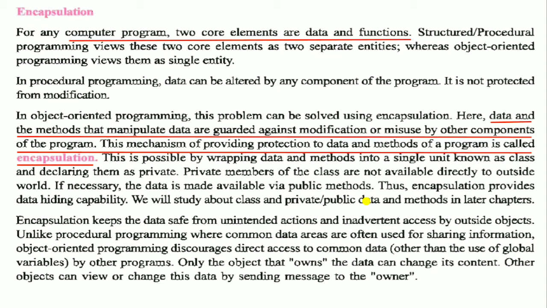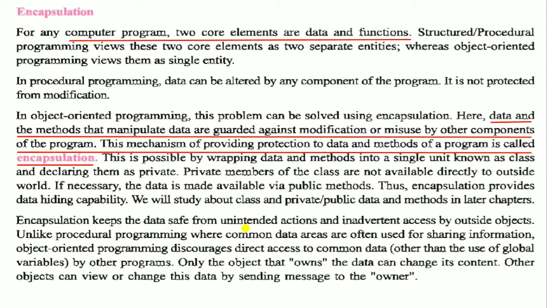That means there are many objects or many programs available in a single class. So what exactly happens in encapsulation? Other classes' data cannot enter the main class and cannot modify the current class's data.